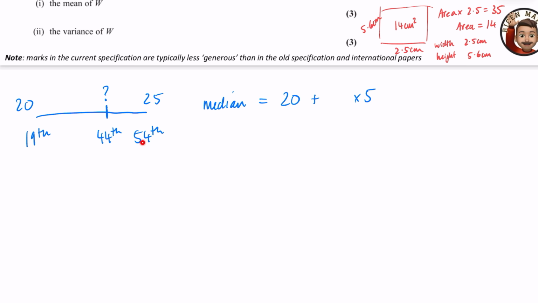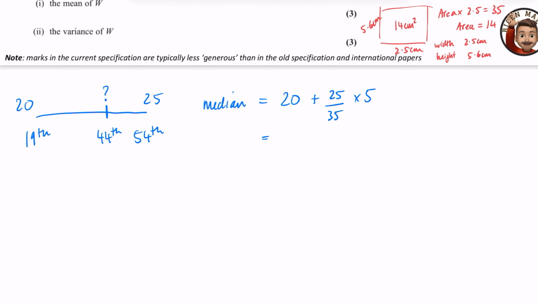Now for the fraction, we're going to look at the bottom part. The gap between the 19 and 44, 44 take away 19, is 25. And the total gap between the 19 and the 54, 54 take away 19, is 35. So what we have on the denominator is 35. We're saying this relationship, 25 out of 35, I want to go that fraction of the distance of this gap, which is 5 along the top. So 25 out of 35, times that by 5, add on 20, and we should get that the median is,